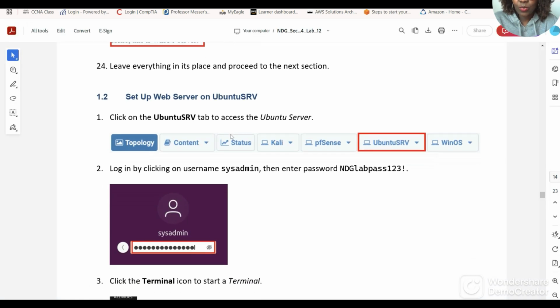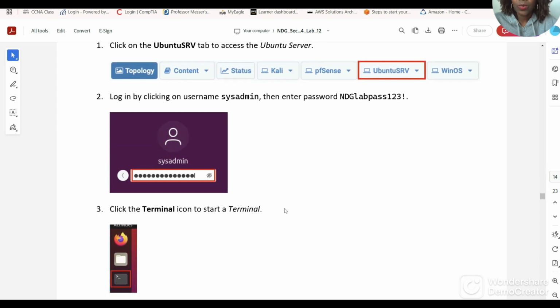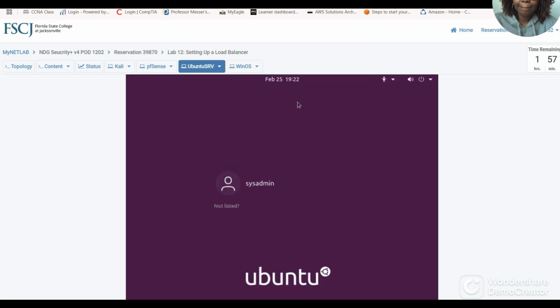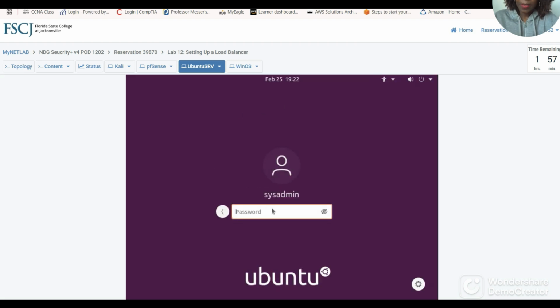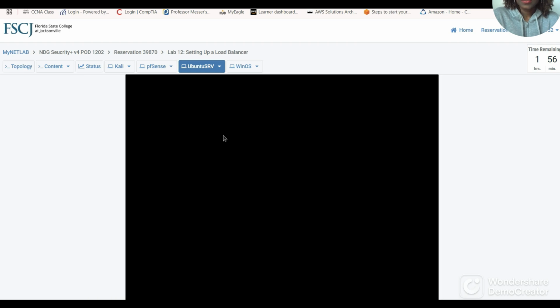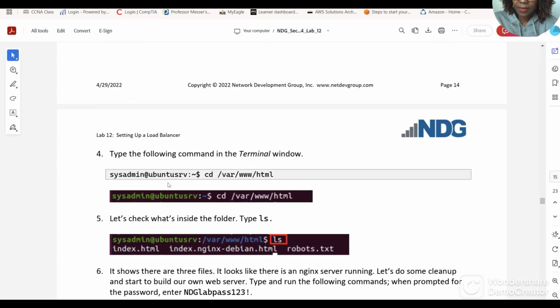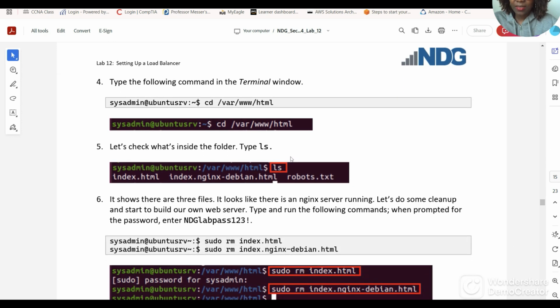Now we're moving on to the Ubuntu server. We're going to set up a web server on Ubuntu. So we have to open Ubuntu and log in, then click on terminal. So let's leave Windows, go to Ubuntu, the same password, enter. Once it opens, we go to the terminal, then type the following command: cd